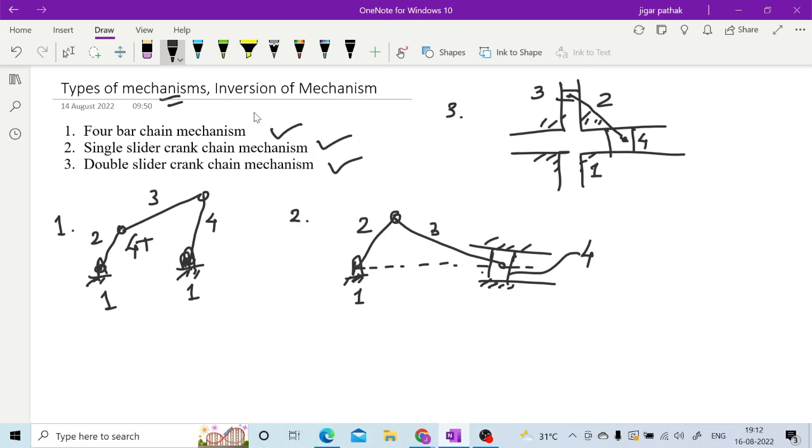Now inversion of mechanism. What is inversion of mechanism? Inversion of mechanism is whenever you will have the different links you are going to fix in order to get different